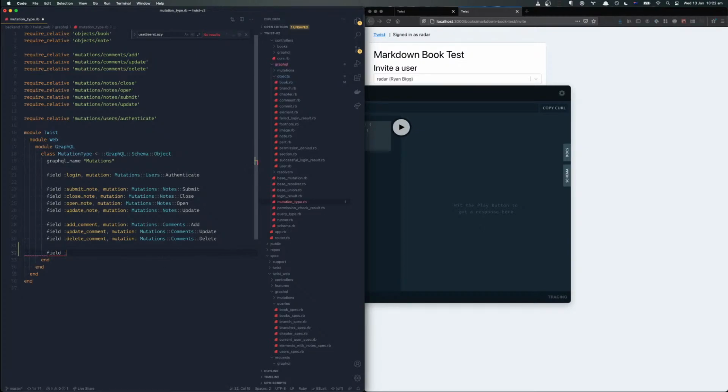Okay, so the thing we want to add here is a new mutation, which is invite user. Mutations, invitations, create, I'm guessing. Oh, there's one called add comment. Oh my gosh, it's hard, isn't it? Mutations, users, mutations,